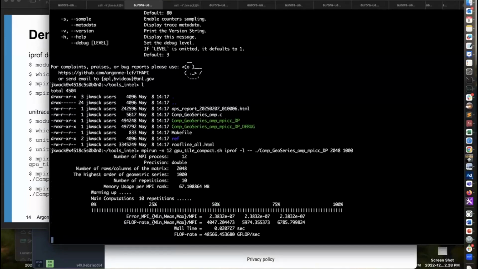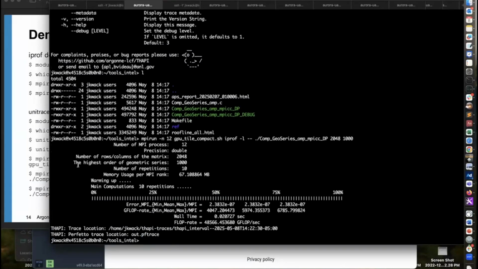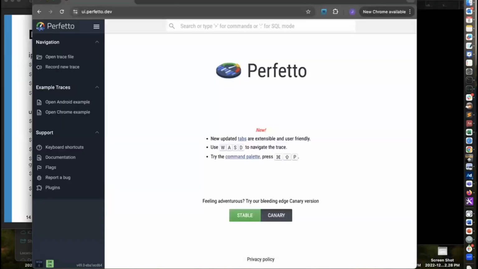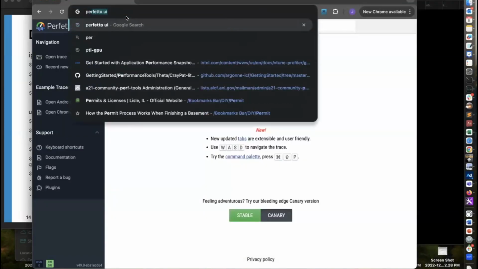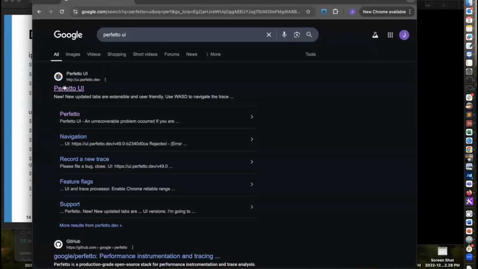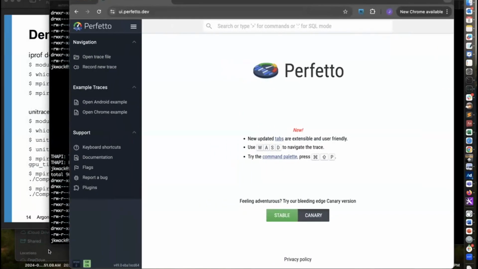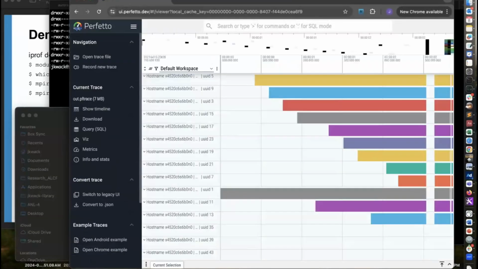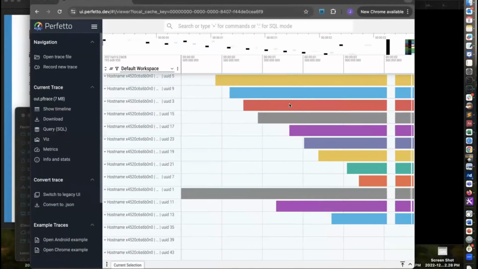Yeah, it's running here, right? And then it says the output out.pftrace is created. You can see here out.pftrace is created, right? I tested it an hour ago, and I already downloaded it. So you can just go to the Perfetto UI and then go here. I have downloaded the out.pftrace file here. So you just drag and drop it here,